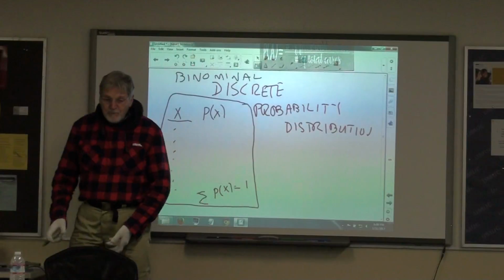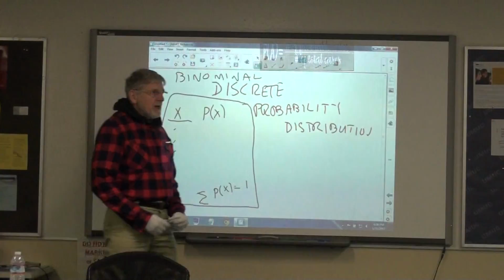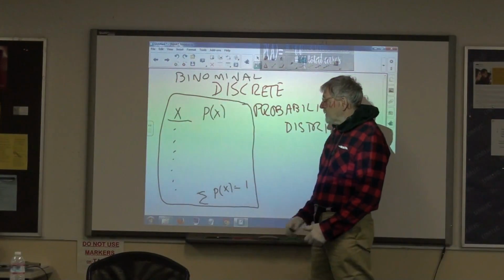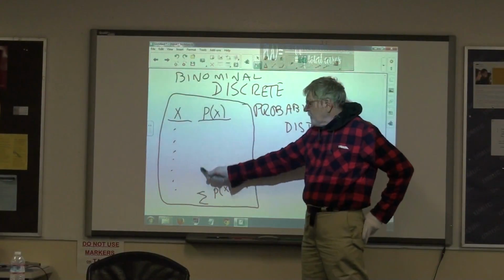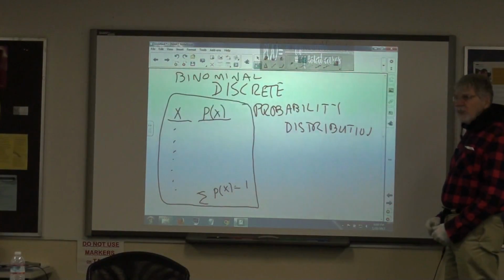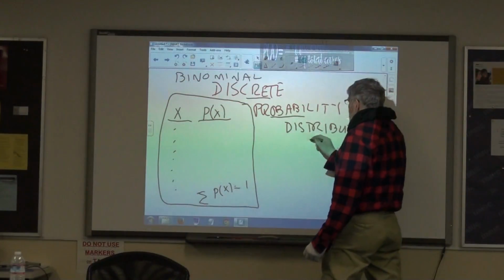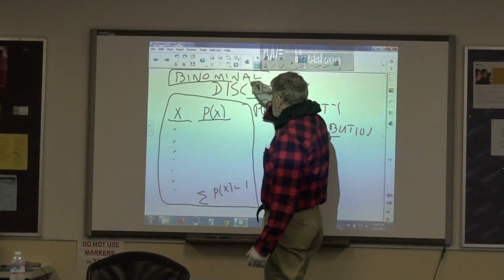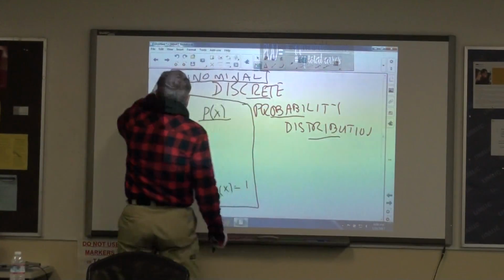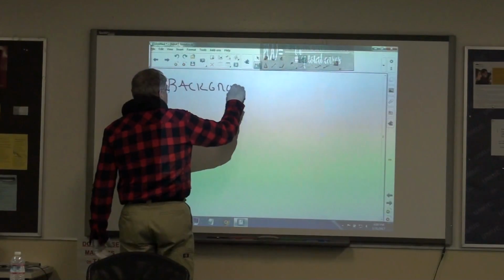Okay, so the subject of chapter 5 is discrete probability distributions. A discrete probability distribution means that we have a variable x that can assume certain discrete values, and each one of those values has a probability of occurrence associated with it, and the sum of those probabilities adds up to 1. Now we're going to look at a special type of discrete probability distribution known as a binomial probability distribution. And I'm going to lead it into you by an example. Background. We need to know something about the background population.